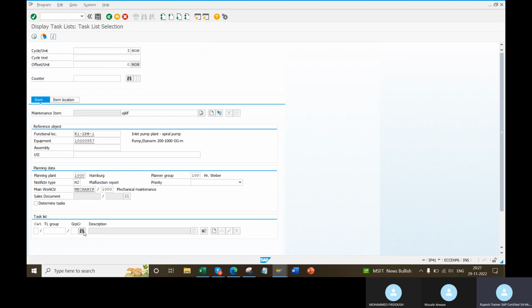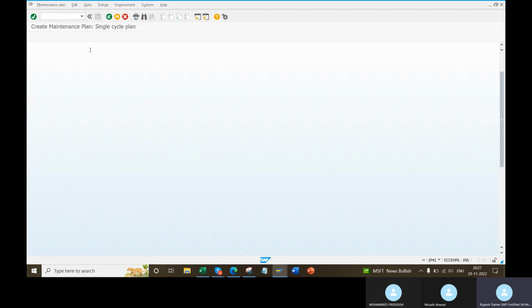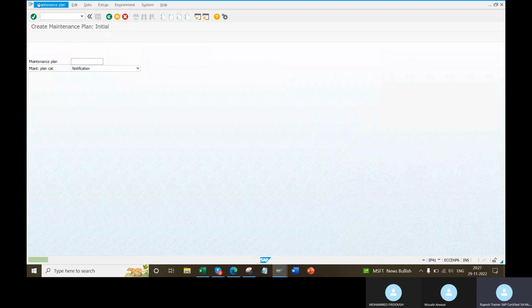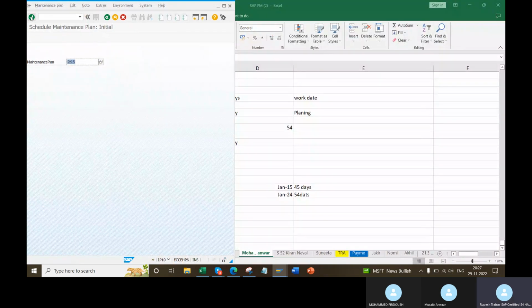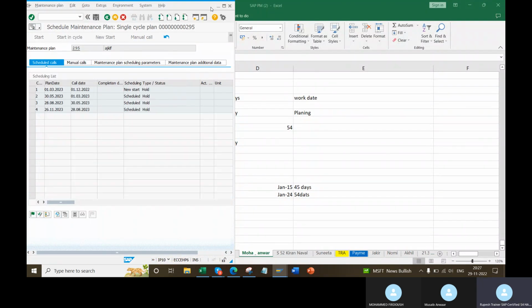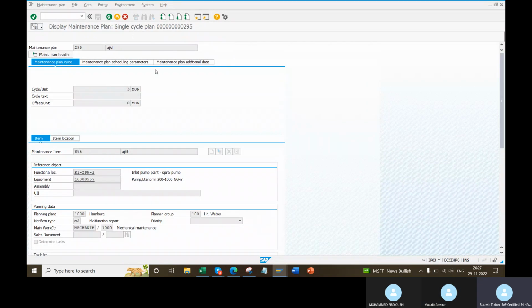Hey, I didn't add the task list. Maybe that also may be a reason. I know only one call will come. Why did 3 come? Maybe it is checking the task list or what. I don't know. It is empty. Save. Schedule it. No, I had seen many times. If 0 means only one call will come.